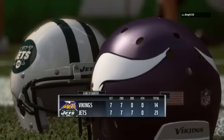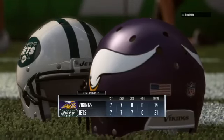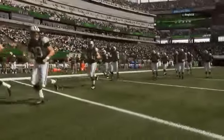So for the Jets, they fall a game under 500 now at 3 up and 4 down. And they'll hit the road next week to take on the Chicago Bears. Meanwhile, for the Vikings,